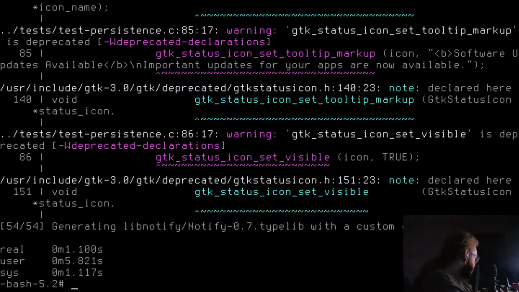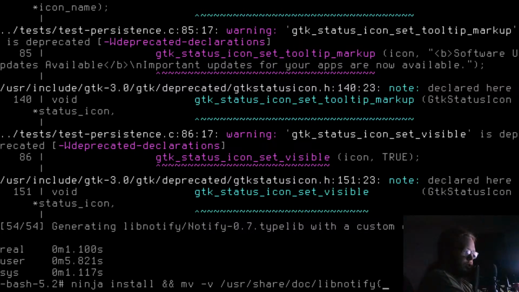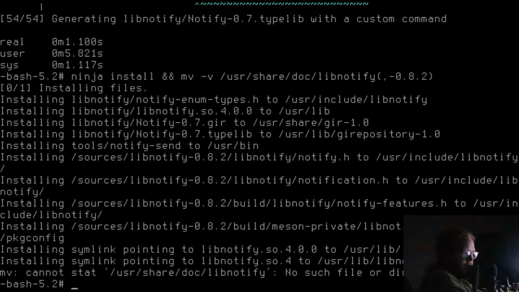Okay, the package does not come with test suites, and I do not wish to build the API docs, which needs GI docgen. So ninja install and mv -v /usr/share/doc/libnotify{,-0.8.2}.